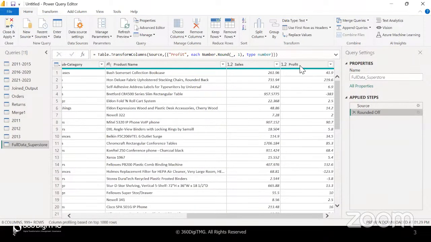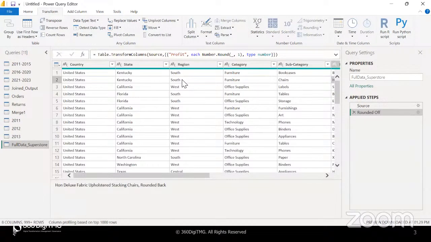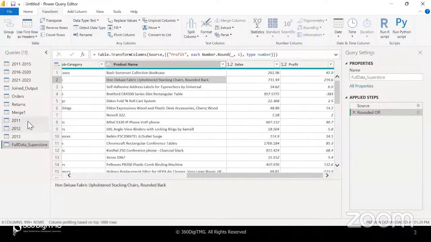Okay, so that is what you can do with respect to numerical data when you go under the transform number column, how numbers can be manipulated. All right, now let's just